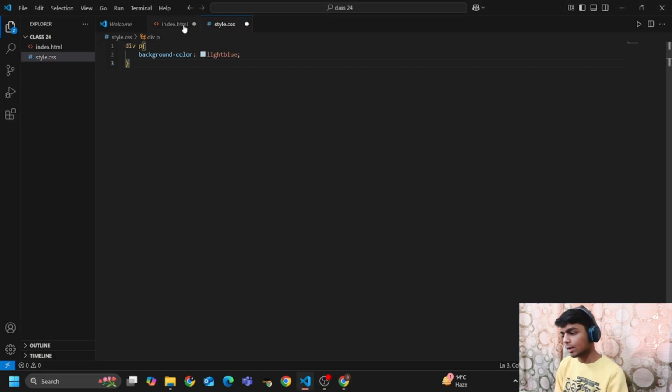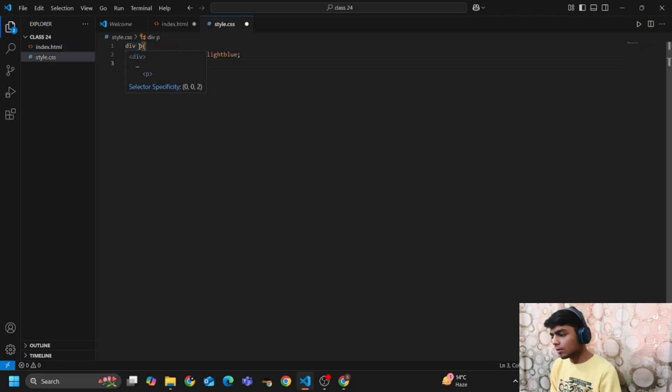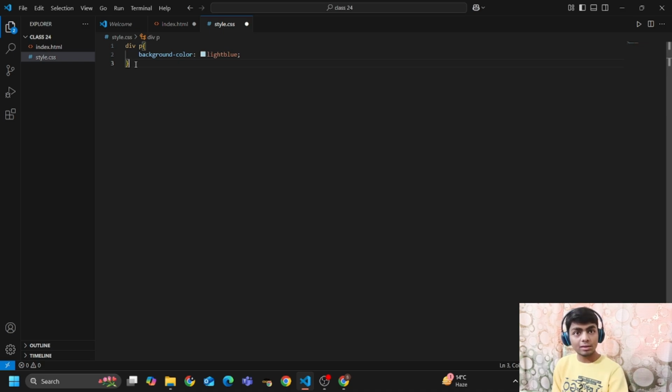And this is what the descendant combinator is. A descendant combinator simply means that all the matching elements inside our main element get selected. For example, if I want only paragraph tags selected, then all the paragraph tags will be selected.